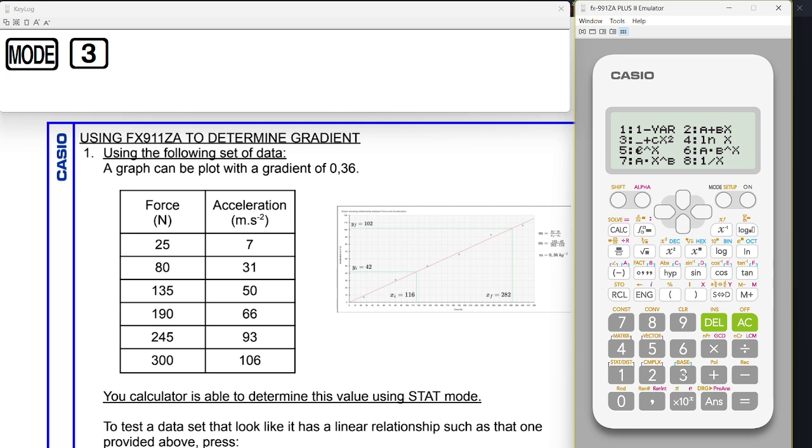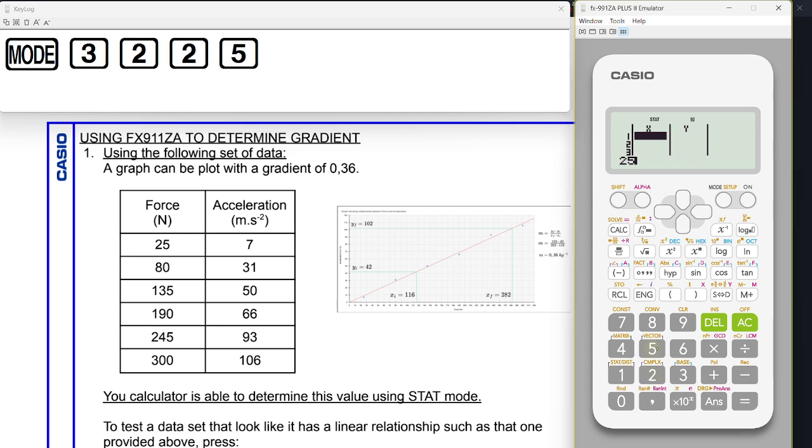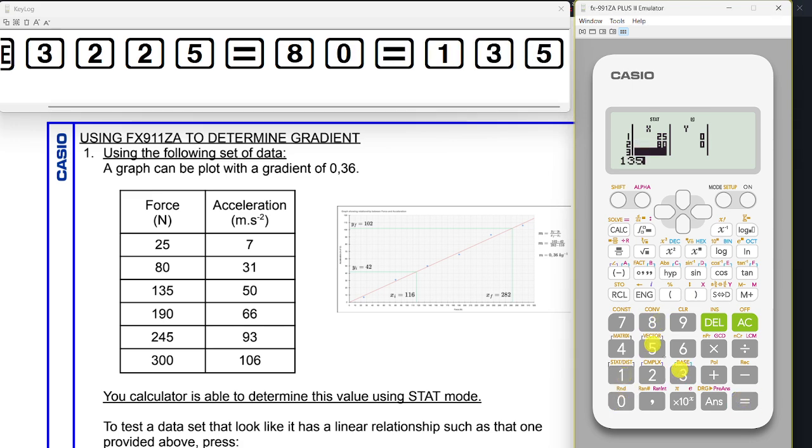We're going to press 2. So A is basically C, and B is M from y equals mx plus c. So press number 2. Then you'll see it's got y and x values. So we're going to now enter the force as our x values. So that's going to be 25. We'll press equals 80 equals 135 equals 190